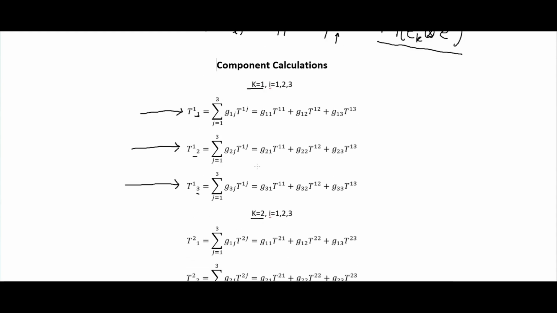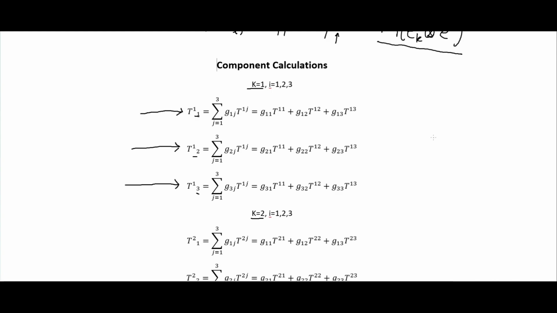And I'm not going to go through each of these. This is mostly just to show why, once again, we want to use the Einstein summation convention, because this is all the summations that you have to go through in order to find each of these components for our new rank 2 tensor. You can see that you're adding together each of these things, going through each of these over and over again. So there's a lot of calculations, and you could spend a lot of time writing,